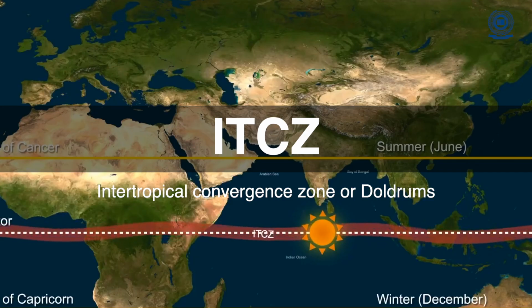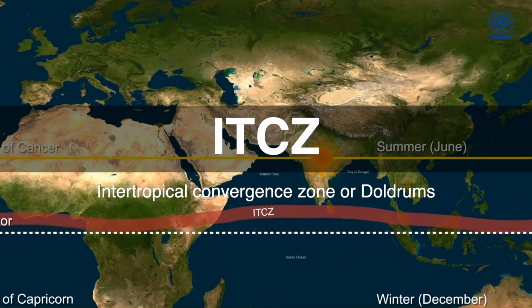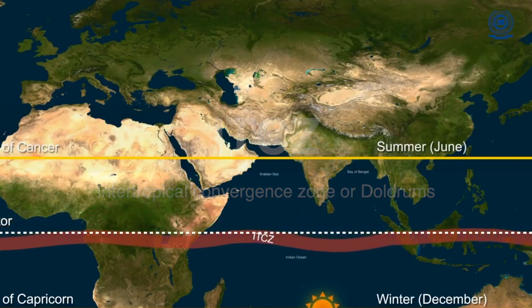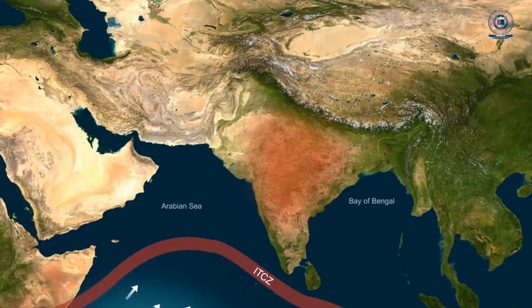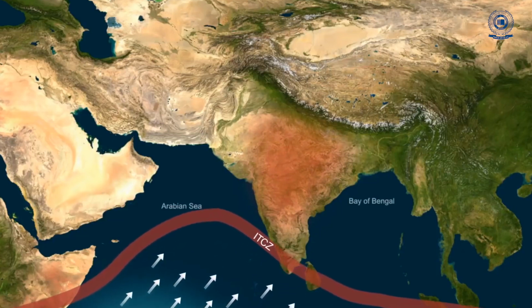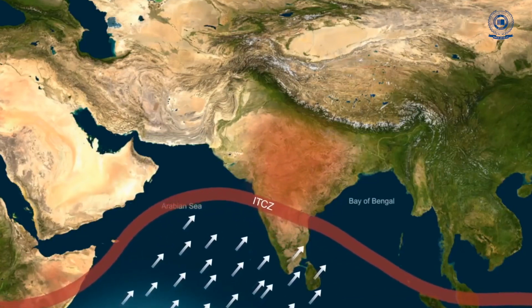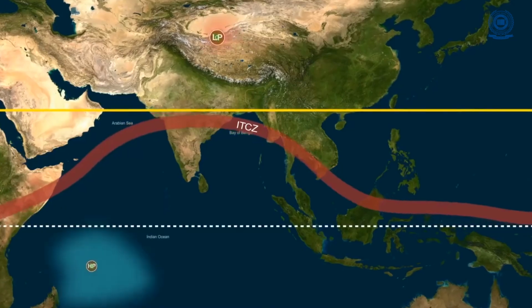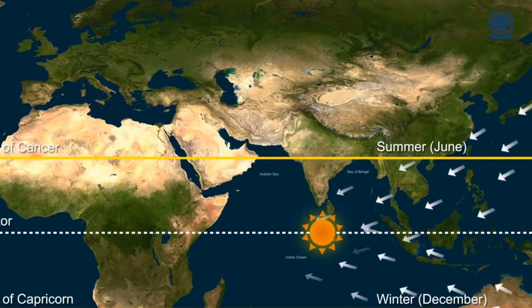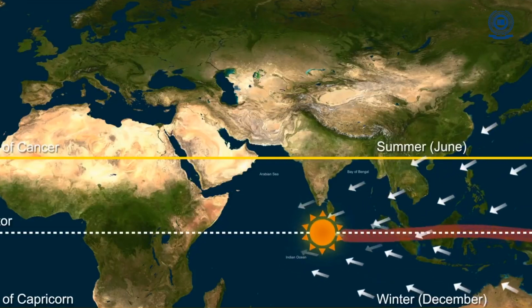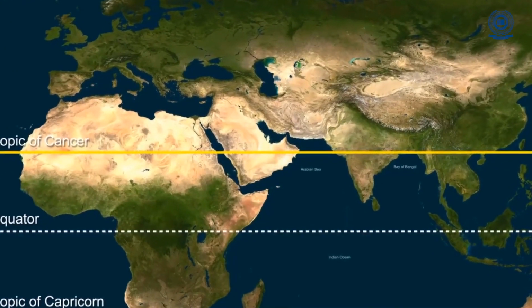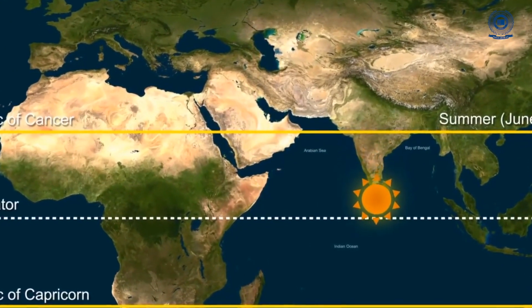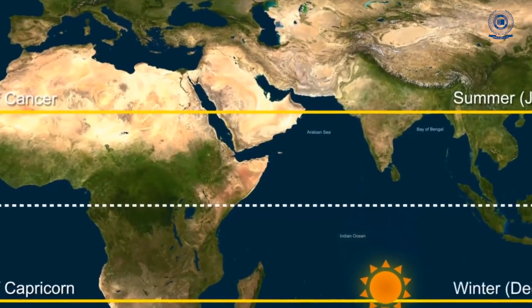Second, ITCZ, also known as Intertropical Convergence Zone or doldrums. It's a low pressure zone that usually develops 5 degrees north and 5 degrees south of the equator. During May and June, the ITCZ is shifted towards the Ganga basin. Thus, low pressure develops, where winds will begin to converge. Later, these winds will rise up and form clouds and precipitation will occur. Also, the movement of sun changes from Tropic of Cancer in June to Tropic of Capricorn in December.